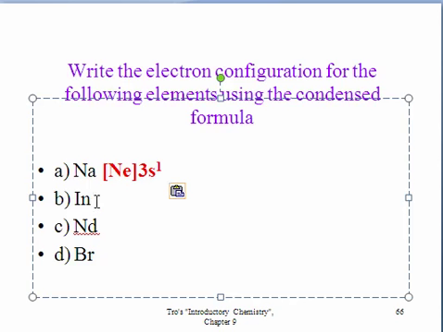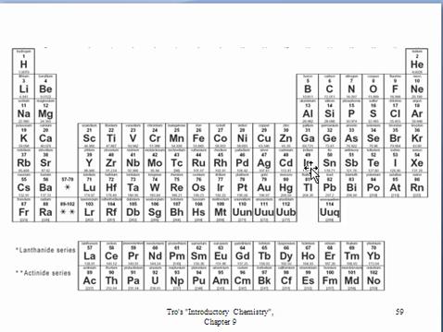Now let's look at the next one, indium. Here's indium right here, atomic number 49. The previous noble gas is krypton. That's going to take care of the first 36 electrons. After krypton, we go down here. This is our fifth energy level,